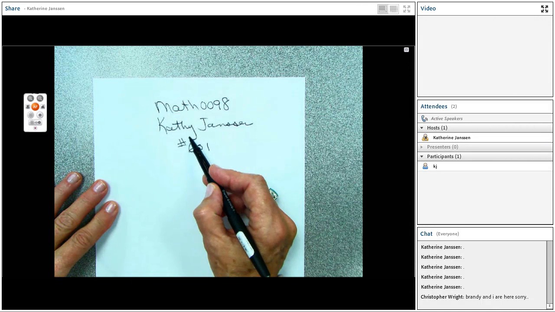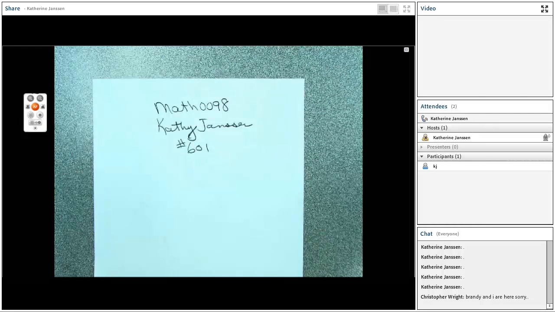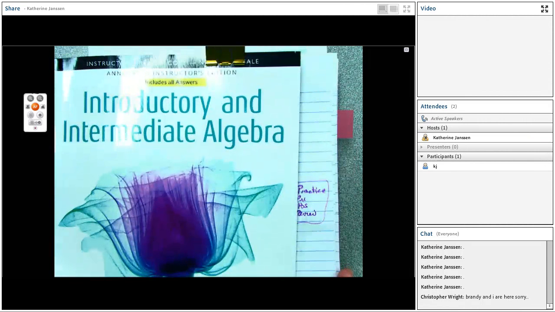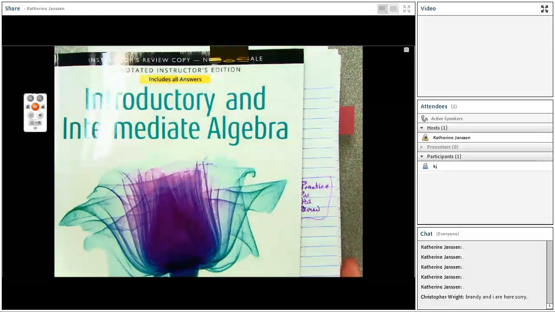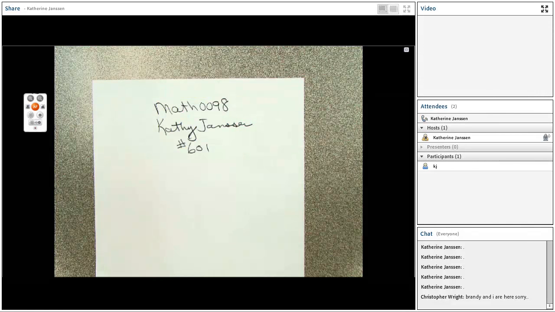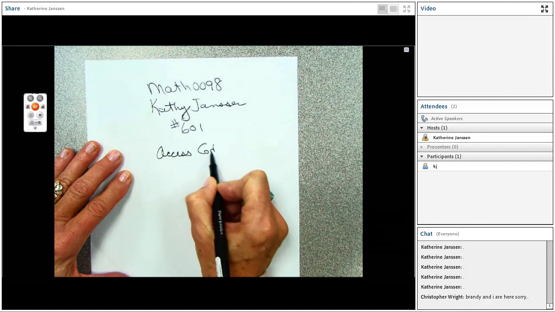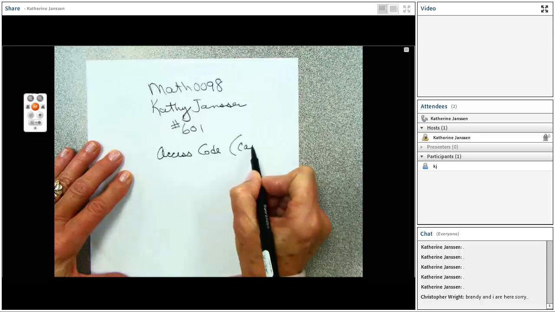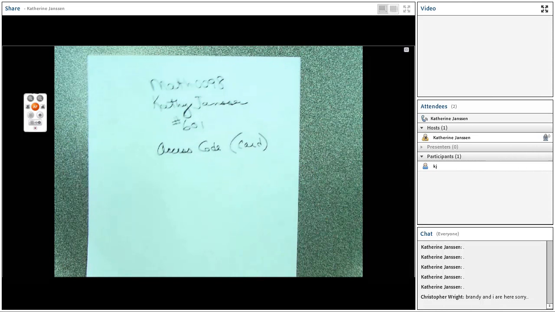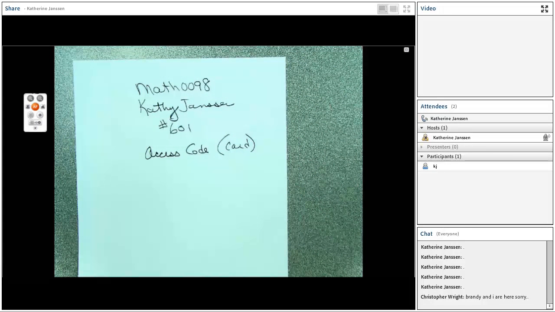We are looking at materials from Introductory and Intermediate Algebra by Bittinger, and you will need to purchase the access code. It's just a piece of cardboard with an access code inside the front label.